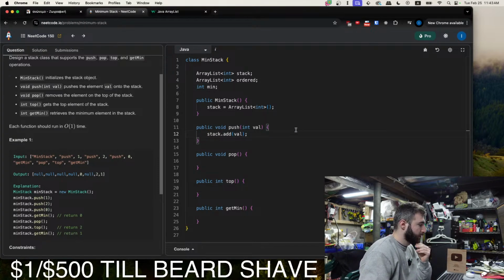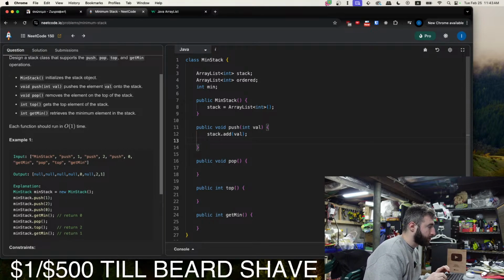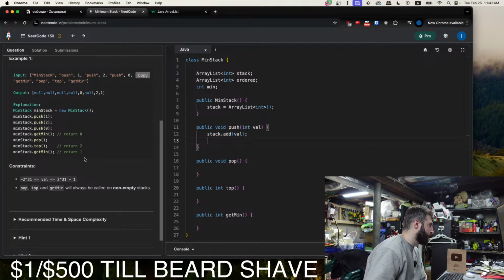Okay. So we add the value to the stack, just like that. And then we also have to go through the ordered list until the value is in the right order. Let me see. Okay, we can have negative values as well.